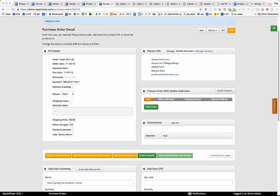Next question. Are inventory levels at Mobile Defenders going to be live? In that checkout flow, we are checking inventory levels, definitely. I should have got some screenshots for that, but basically, if you try and buy something that Mobile Defenders doesn't have enough of or is back ordered on, there will be an error message and a screen right in that area